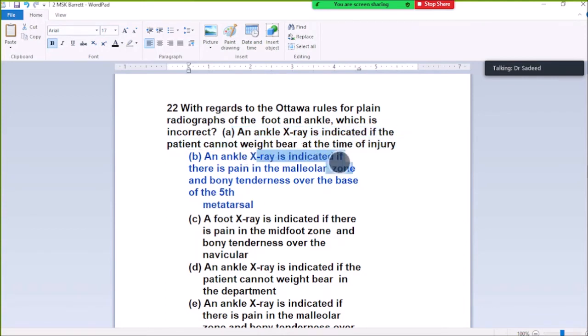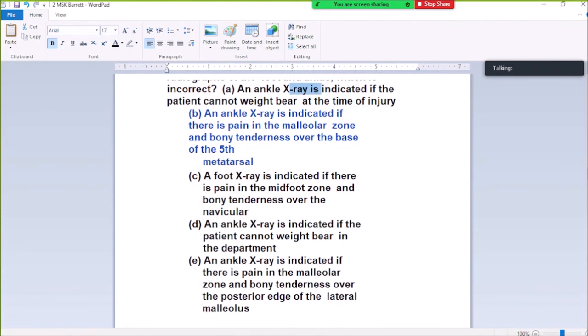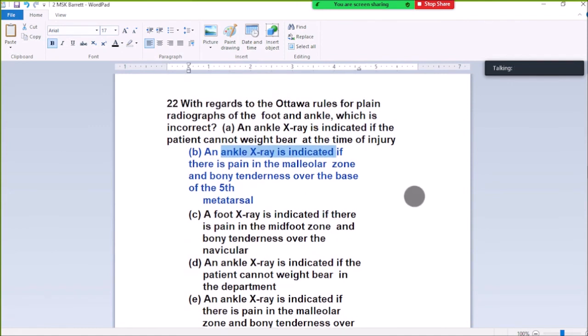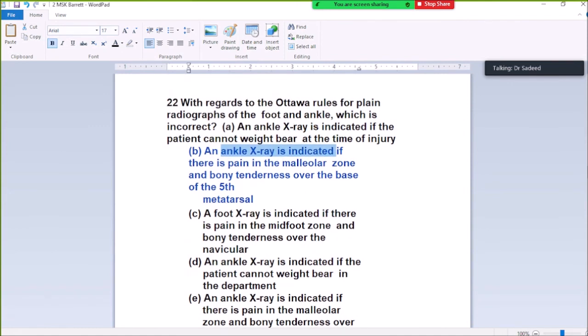It is not only indicated when there is pain in the malleolar zone, but it is related to weight bearing. If the patient cannot bear weight, then an ankle X-ray is indicated. Okay, memorize this. This is not true regarding the Ottawa rules for plain radiography: ankle X-ray is indicated if there is pain in the malleolar zone and bony tenderness at the base of the fifth